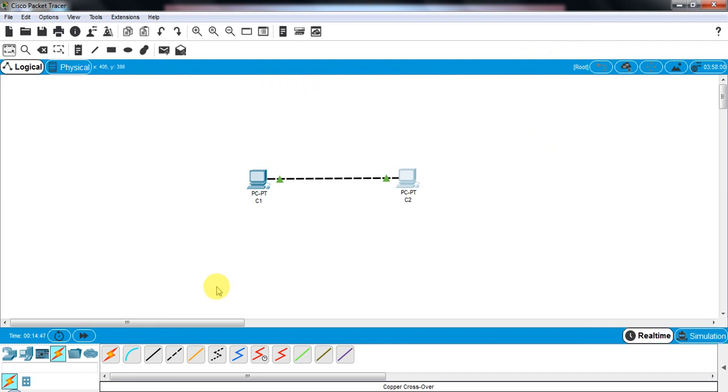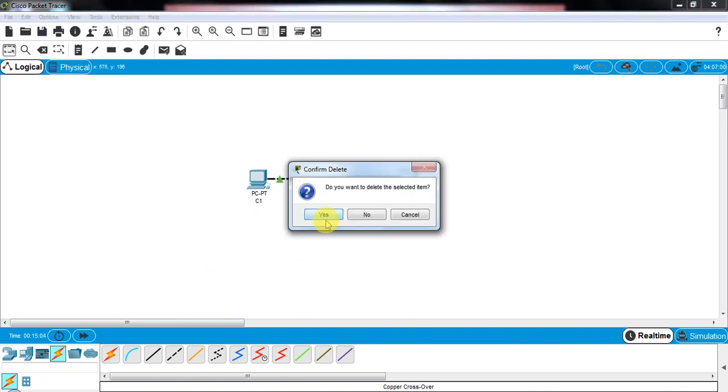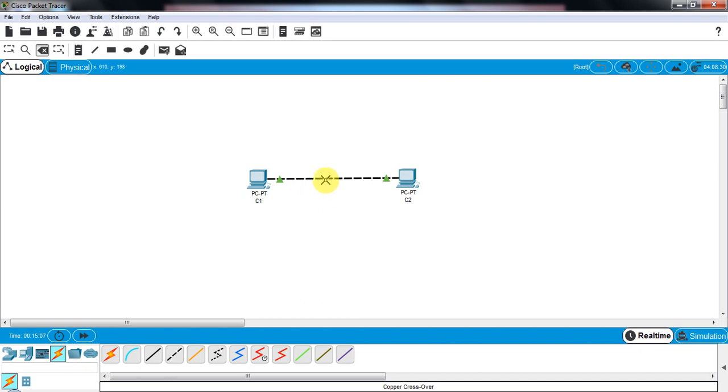Now, as I have told you, if for example we don't know which connection is useful for our network topology and for our end devices, the devices which we are connecting, then the first option, automatically choose connection type, is useful. So now I am removing this connection. And now I am connecting both the computers with automatically choose connection type. So as you can see, the connection is automatically established with the same symbol as crossover, and the green signals are also there.